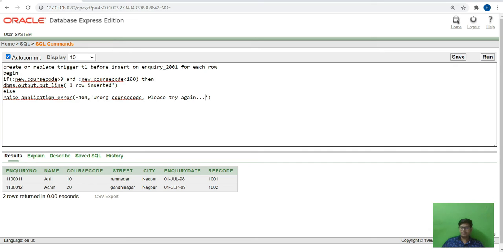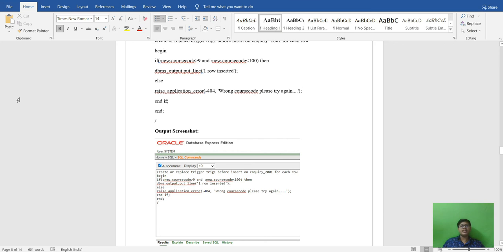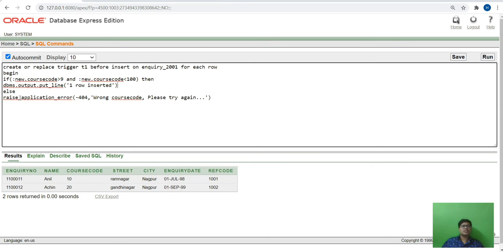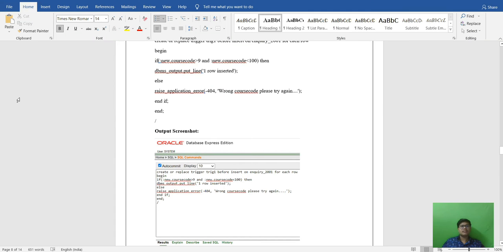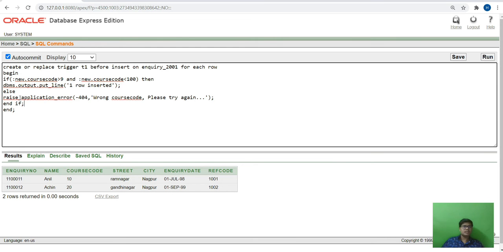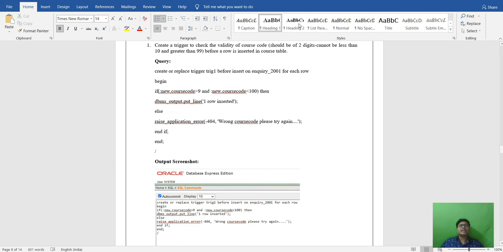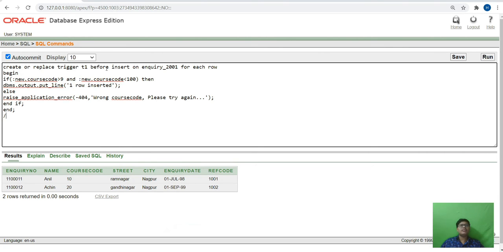So it will show one error. So we created one trigger, that is before insert on enquiry, for each row.